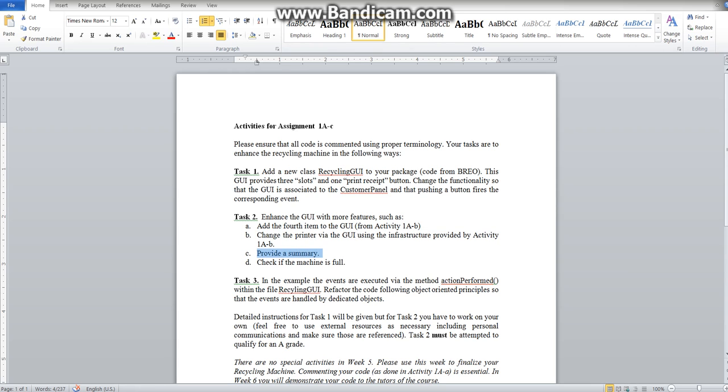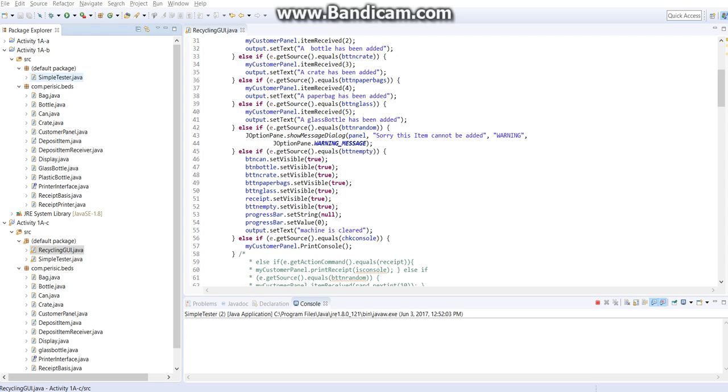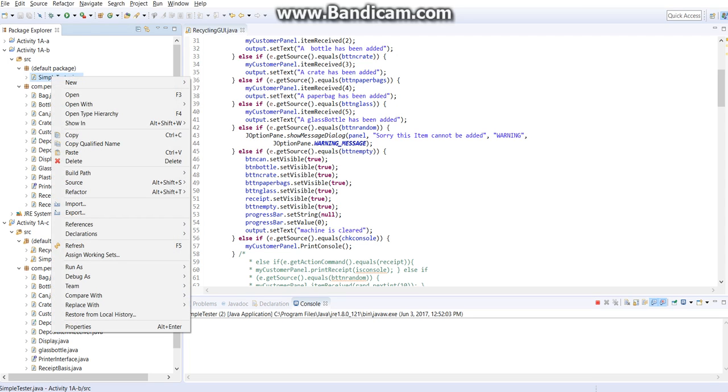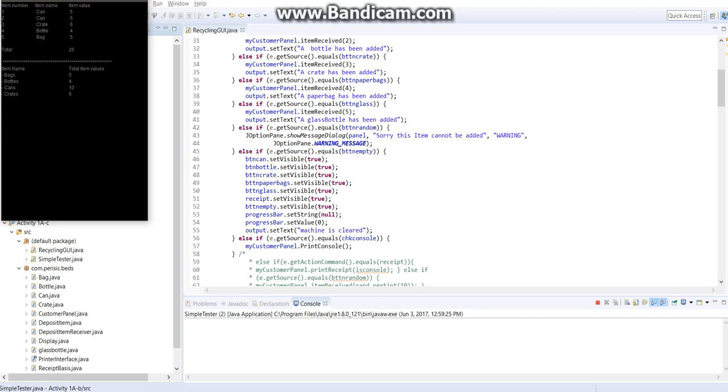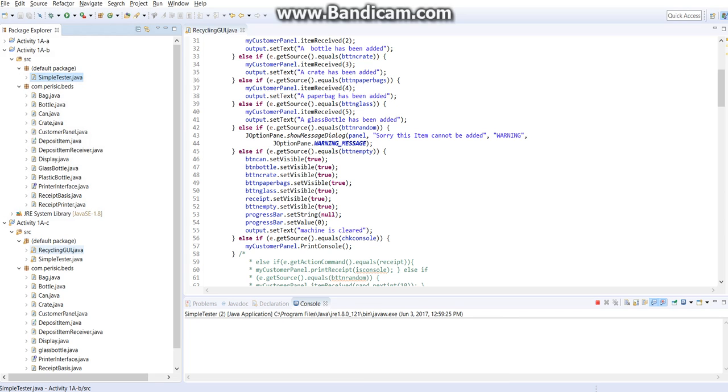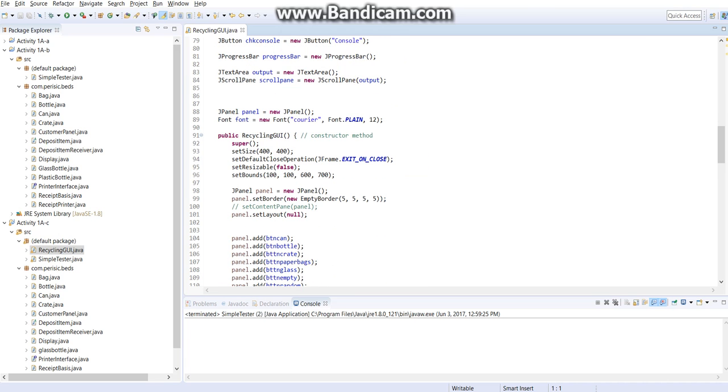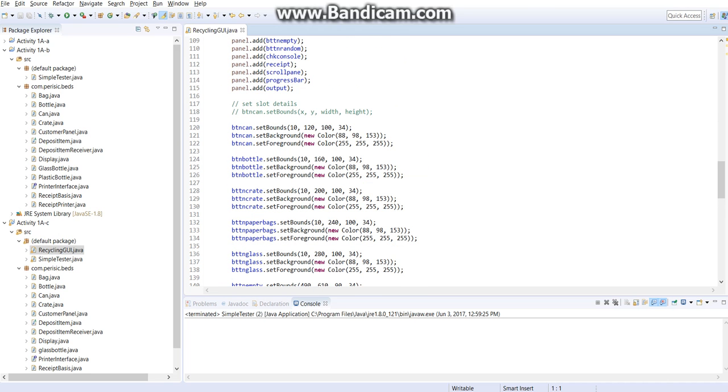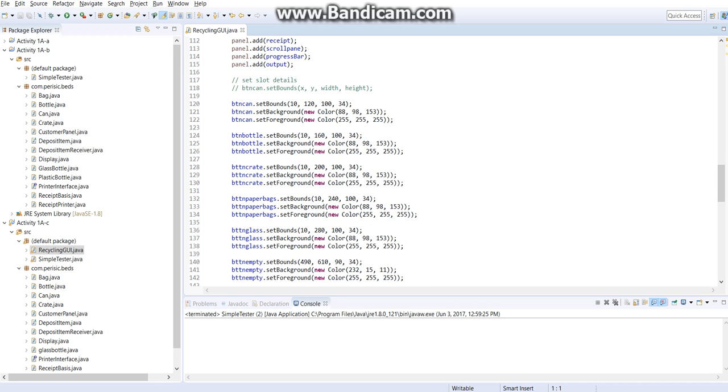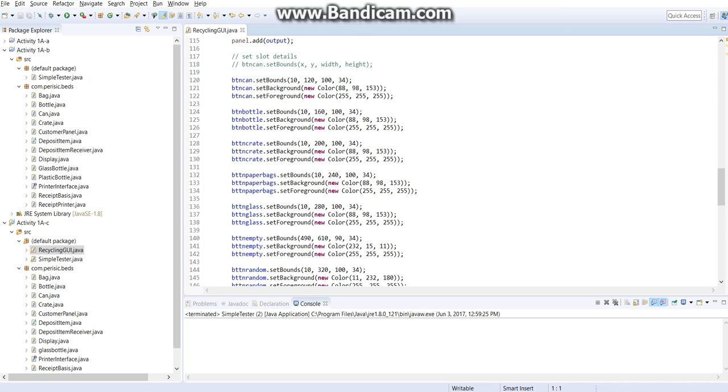So the summary has to be in this way, like before the output which came, and the recycle GUI which we have implemented, a way of doing the necessary interface for each slot's button click events and the output field text,